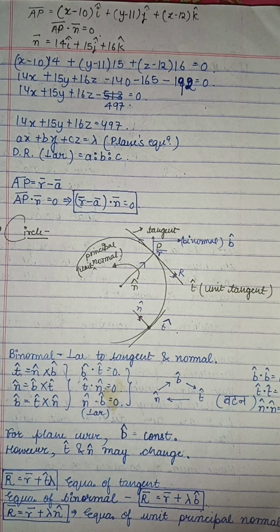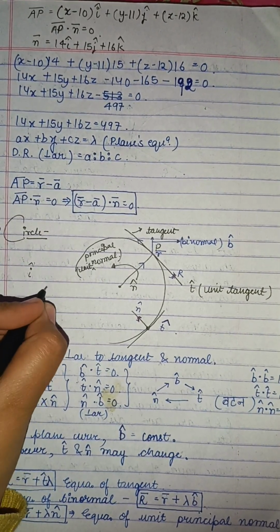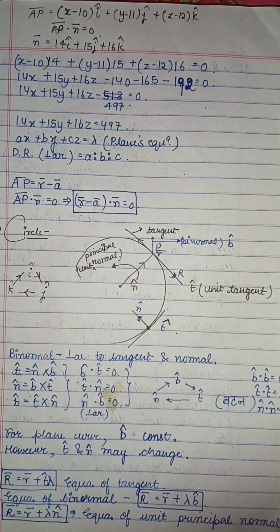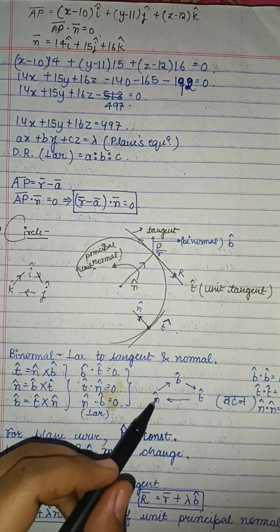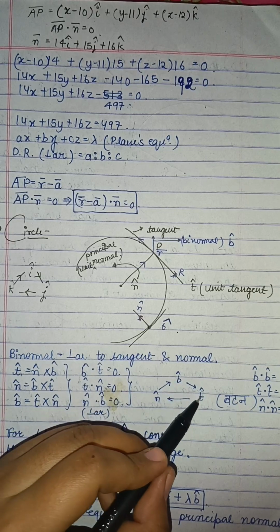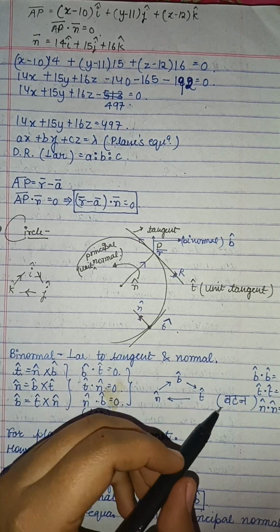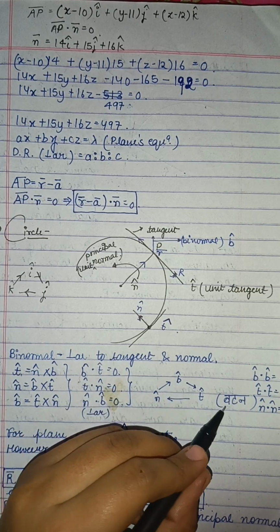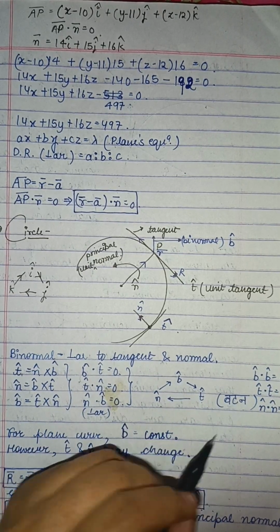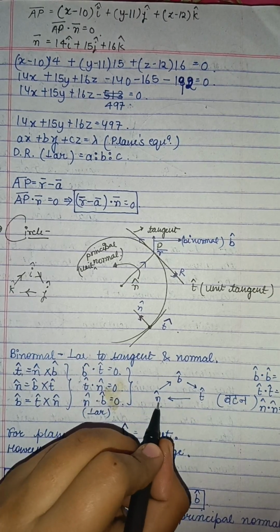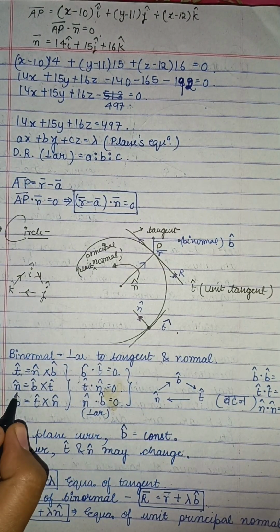Now we know the rule of i, j, k cap vectors. See, this is i cap, this is j cap, and this is k cap. Like this we can find the cross product of i cap, j cap and k cap. Similarly we can find the value of t cap, n cap, b cap by this formula. This is b cap, t cap and n cap, and we can remember this by the Burr-Turner button. We can remember this formula by b, t cap t, n cap n. So if we cross multiply b cross t, we will get n cap. So b cap cross t cap will be equal to n cap.